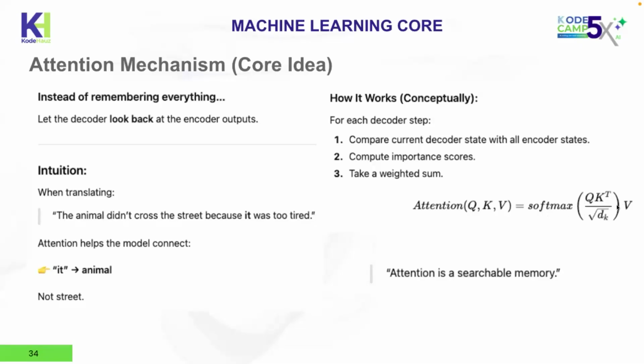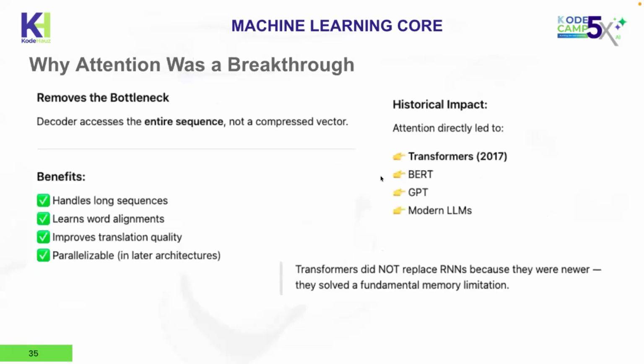You now take that and multiply by V, which is another matrix of values that represents what the value should be. We'll talk about that in detail. So attention was a big breakthrough, mainly because attention allowed the decoder to access the entire sequence, not just the